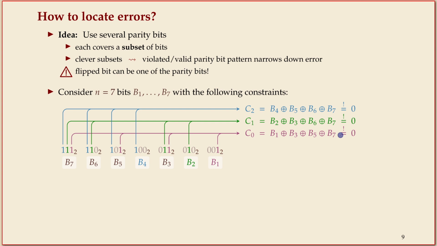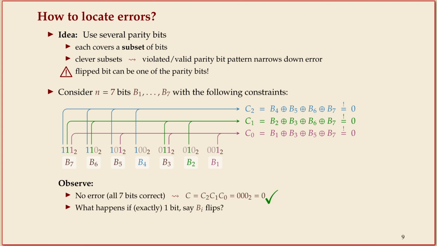So every valid code word, right? A 7-bit string is a code word if and only if it satisfies these 3 constraints. Some simple observations. If we send these 7 bits and nothing happens, then all of these are 0, right? And then I can treat these 3 bits as one number, as a binary number, and it comes out as